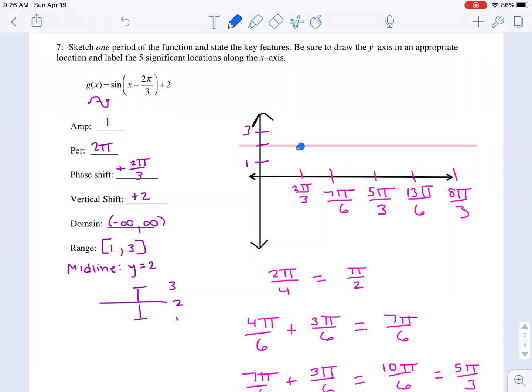Starts at the midline, goes up to the 3, to the maximum, back to the midline, down to the minimum, back to the midline. Ooh, that was a really bad attempt to draw in the shape. I'm kind of struggling here. All right, this should come down a little more. There we go. All right,